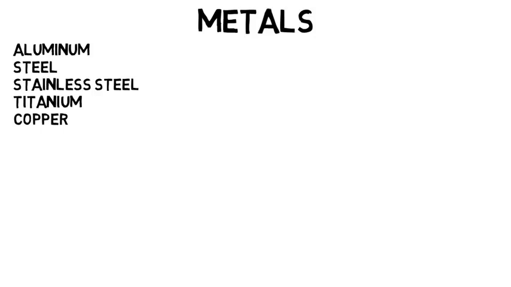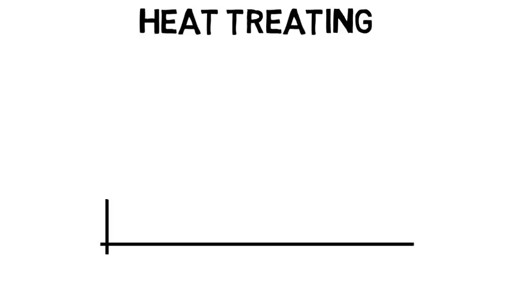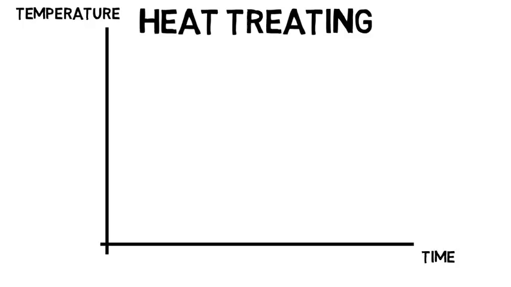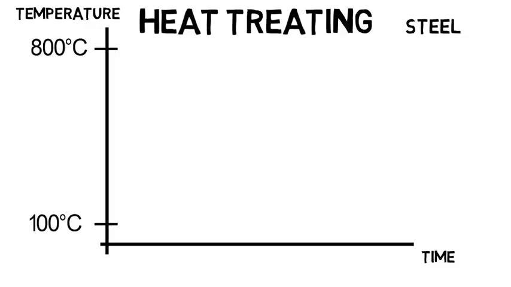One important topic dealing with metals you'll learn is heat treating, which I'm going to explain a little so you can see its applications. You're going to learn how to analyze a graph that has temperature versus time. The temperature may go up to something like 800 degrees Celsius and down to, let's say, 100. And let's say this is for something like steel, which would be solid at all of these temperatures, because again, you don't really go into liquids or gases. And the time may go from 1 second to something like 100,000 seconds, or about 28 hours.